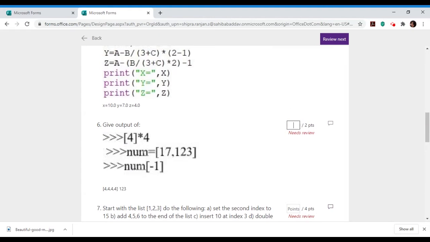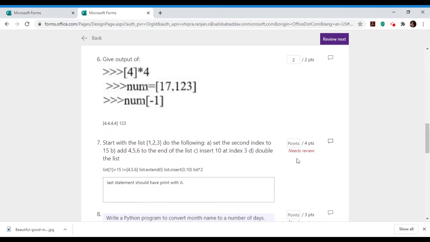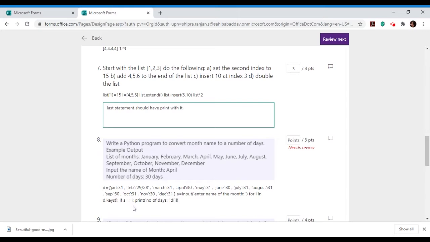Then next is also correct, full 2 marks. When I'm putting marks here, those marks will be automatically added up here, full 4 marks, student gets 3 marks here. I can even give feedback to the students. For that last statement, why 1 mark is deducted, because the last statement should have a print with it, so I can type that feedback here to give the print statement here. For giving feedback, just click here and give feedback.